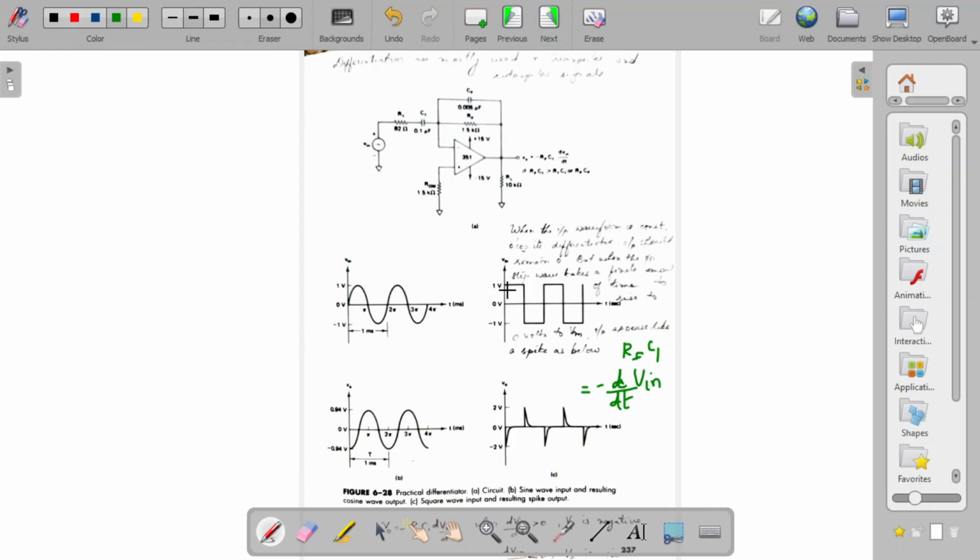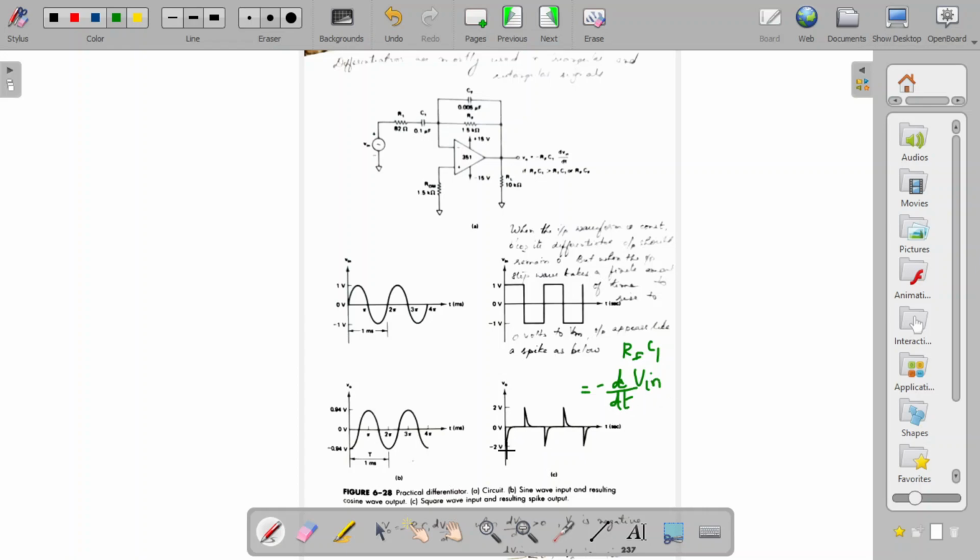This is the output. The variation is high here. You know that the input waveform is going from 0 to 1 in a very short time, so in that particular time, that is almost no time, you will get a negative sharp output. But then after the input has risen from 0 to 1 volt, the voltage remains steady for a long time. So there is no variation in the input voltage with respect to time, which means the output will be 0.